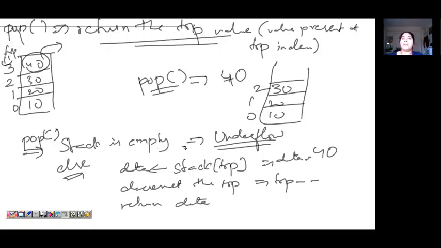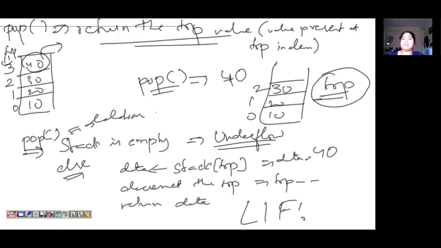So push and pop. Push is used when you do insertion, and pop is used for deletion of the element. Push and pop are always performed at one end of the stack, that is, at the top side. One thing you have to remember: the stack follows the last in first out mechanism. In the next video, you'll see how we can implement a stack using an array list. I'll explain that with a program.